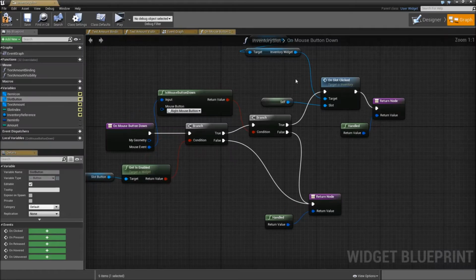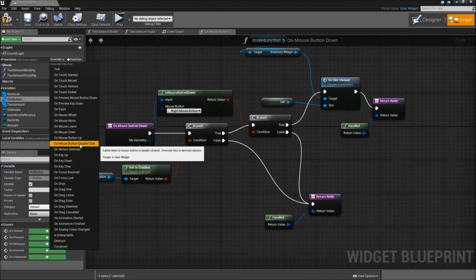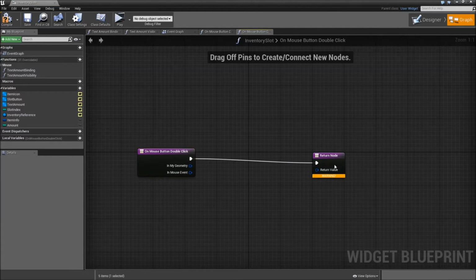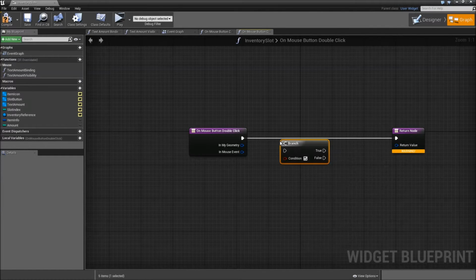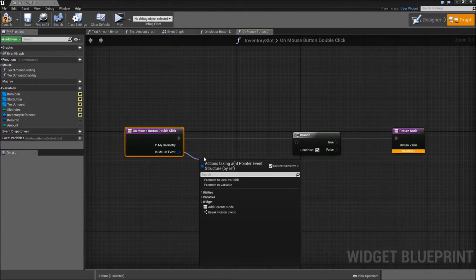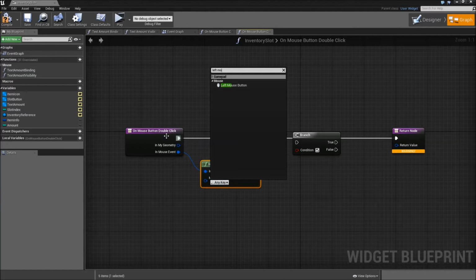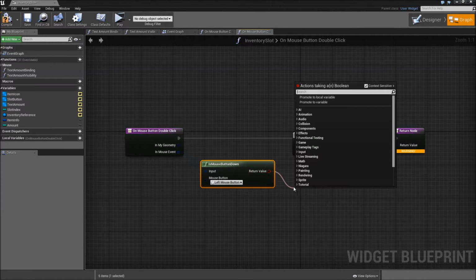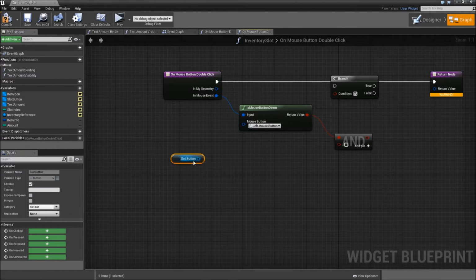Also go to the graph and override a function called OnMouseButtonDoubleClick. Because when we double click, we want to quickly use our item, so you don't have to right click and go to use. First we want to check something, so search for branch, and we will check, first off, get the mouse event here and search for is mouse button down. Mouse button will be our left mouse button. And we also want to check whether our slot button is enabled,